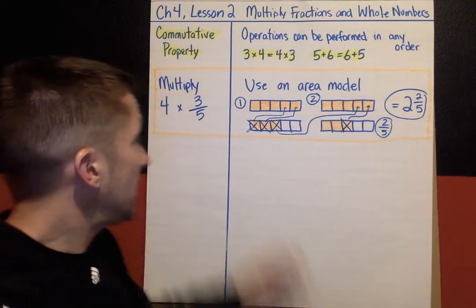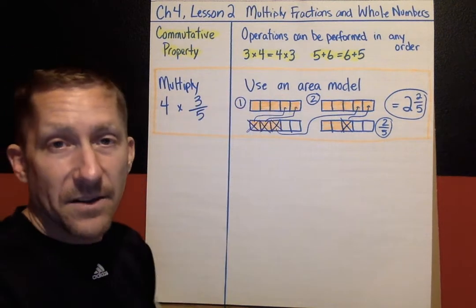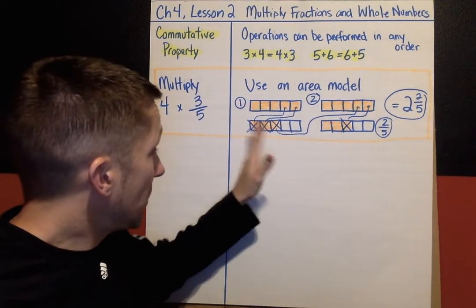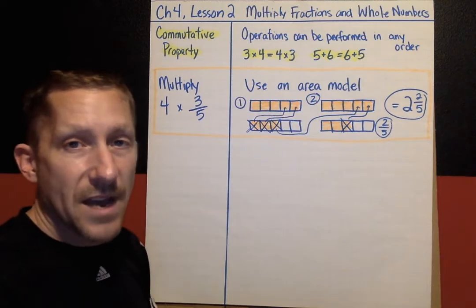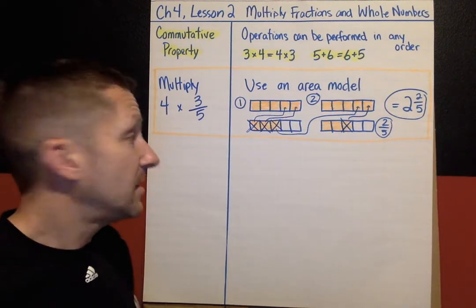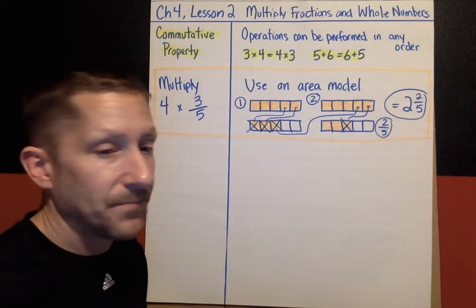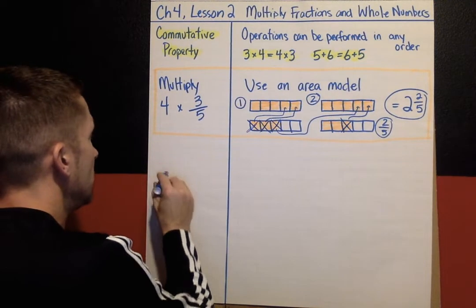But it's basically building what you have, 4 times 3/5, drawing that out, and then actually moving the fractions around to make as many wholes as you can, and then seeing, well, what do I have left? 2 wholes and 2/5 would be my answer for that one. All right, the next strategy is